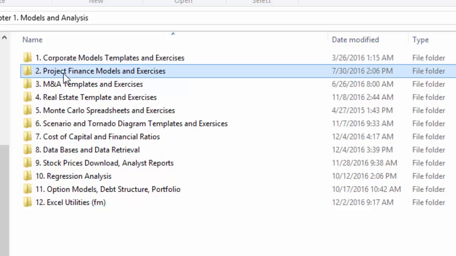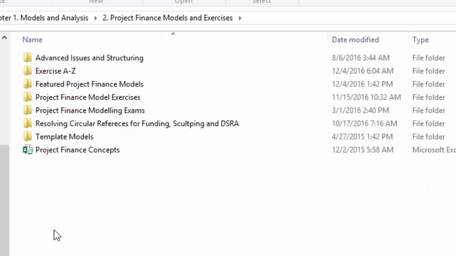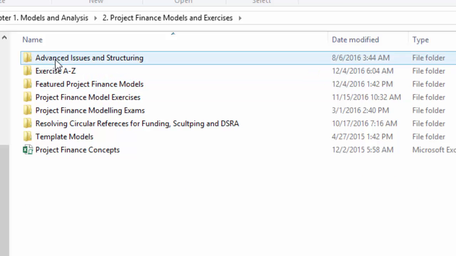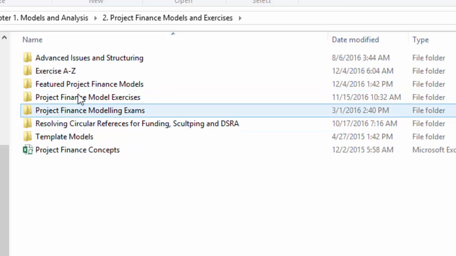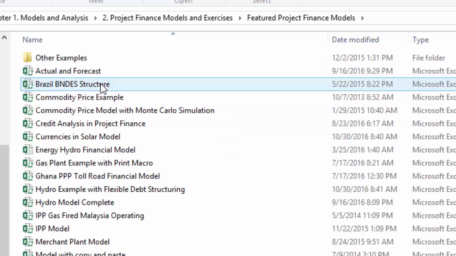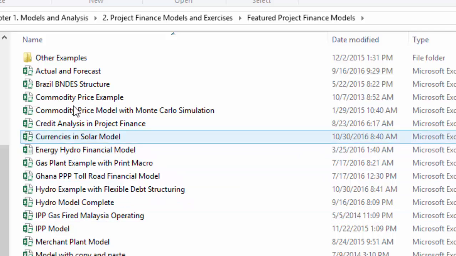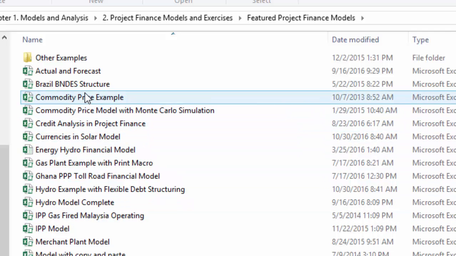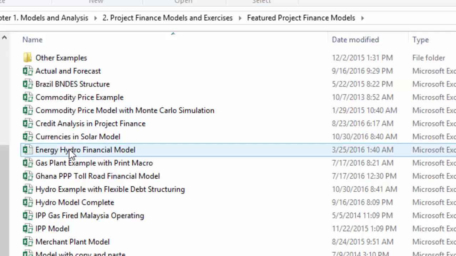Okay, this is the second installment of how to evaluate exchange rates. Now, to illustrate why it's important, I'm going to open a featured project finance model, and I have something called